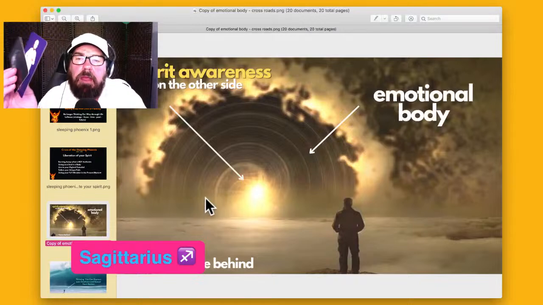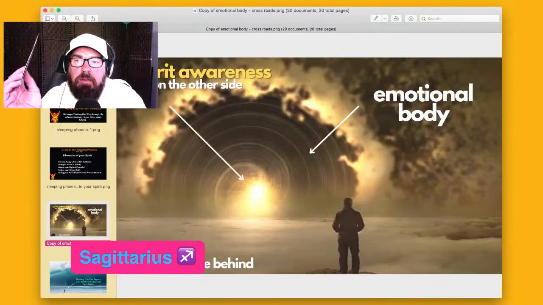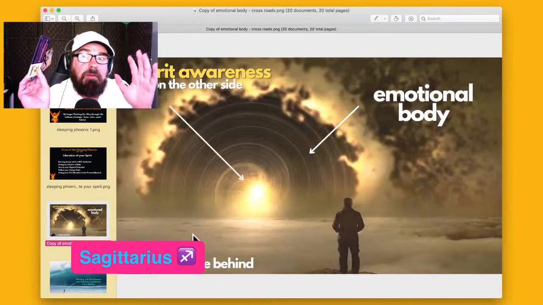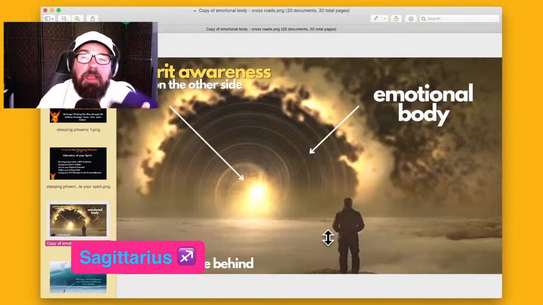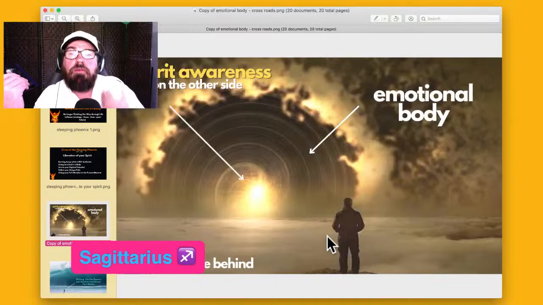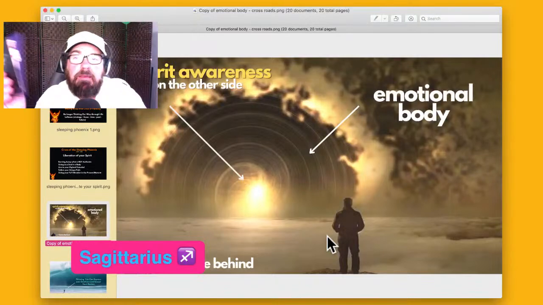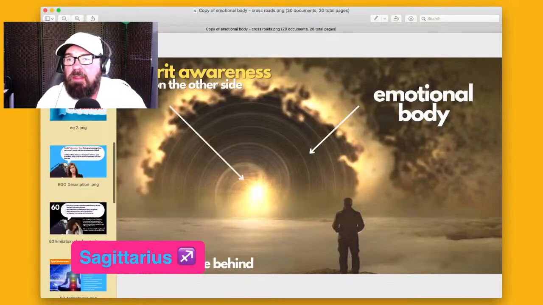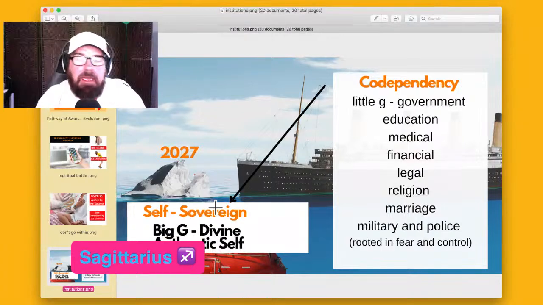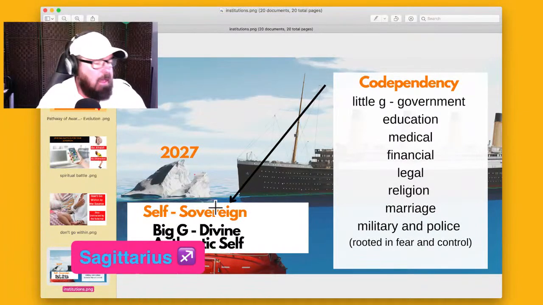But the ego is going to come out with the money trap, right? You're about to move into this, like, I'm ready to do this emotional work. And then the ego comes out with the money trap. But what about the money? What about this and that? And you've got to go into, no, I have this self-esteem and the self-worth that the resources are coming from me. That I don't have to compromise myself or enslave myself to a system that's going down like the Titanic, Sagittarius. So that's what it's saying.